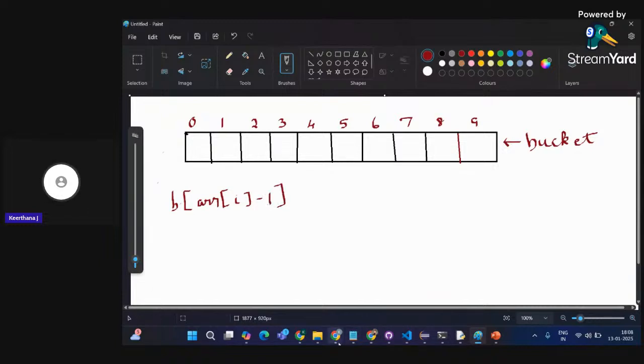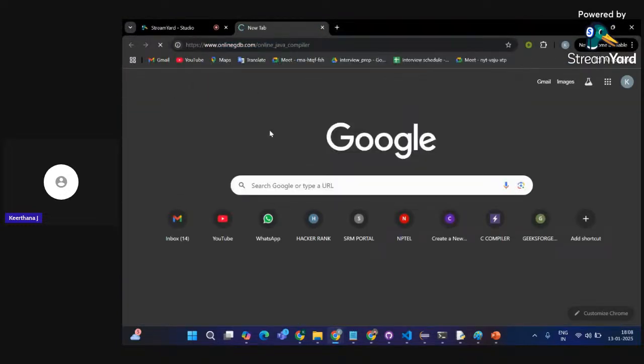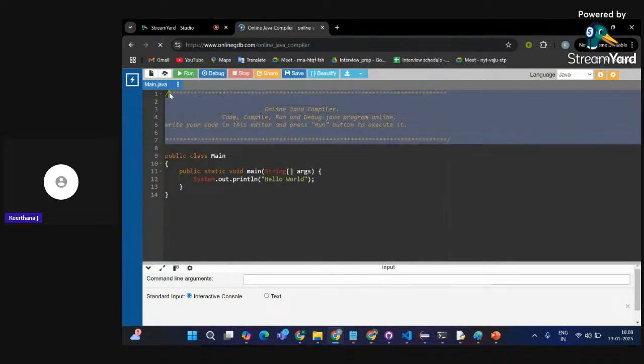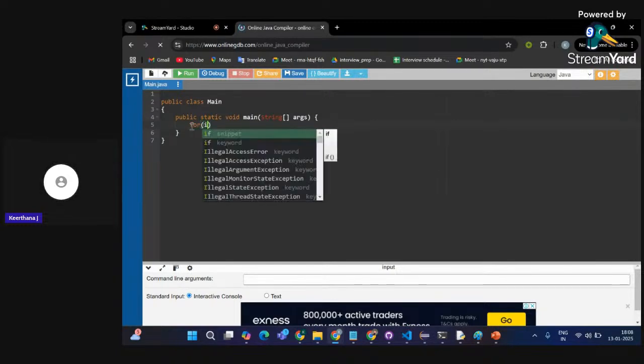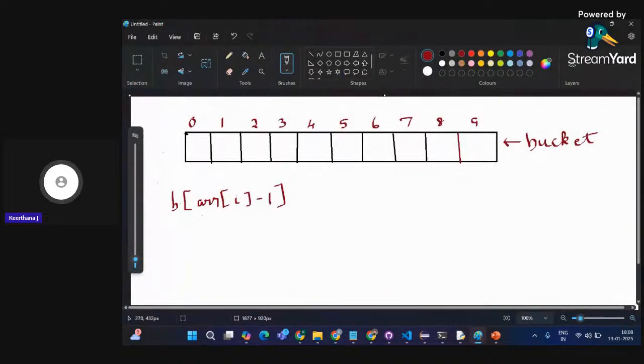We'll be having the for loop, right? So for int I is equal to 0, I is less than ARR dot length, I plus plus. Then I'm going to update the corresponding frequency in my bucket array. So B of ARR of I minus 1 plus plus. I'm going to increment.